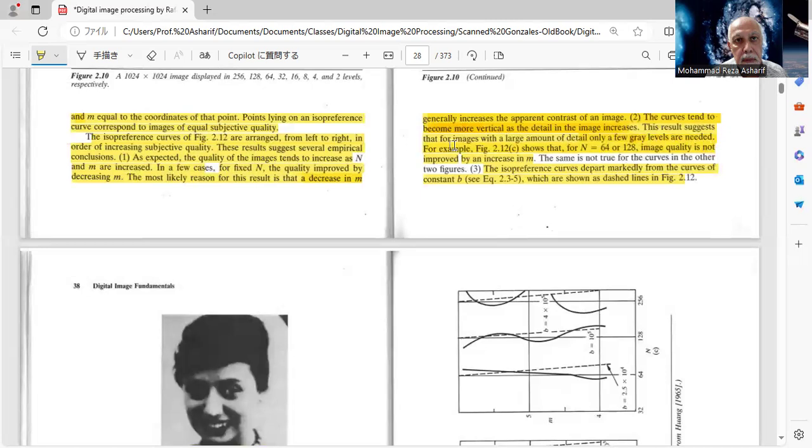Needed, for example, for C, is 64 or 128, only a few bits. I mean, improving M doesn't matter. Quality is improved by increasing M. For E, the quality is not improved if you increase M. This is because, as I said, M doesn't matter for high activity. The same is not true for